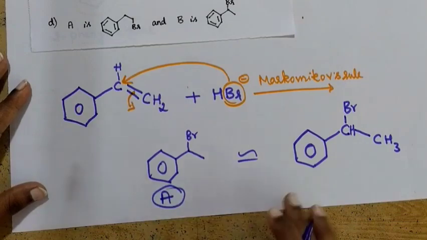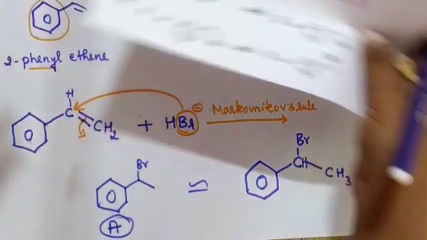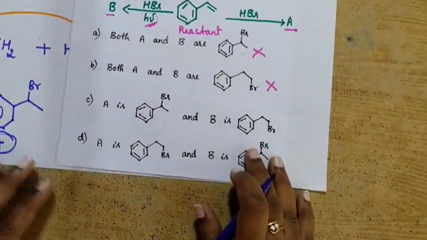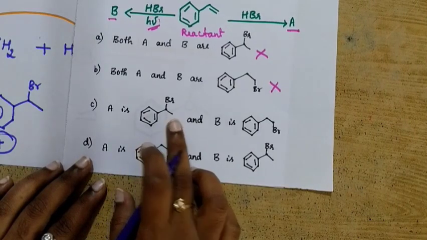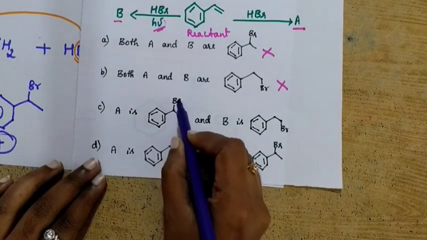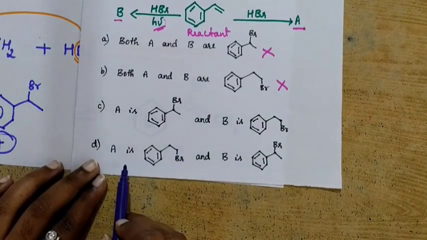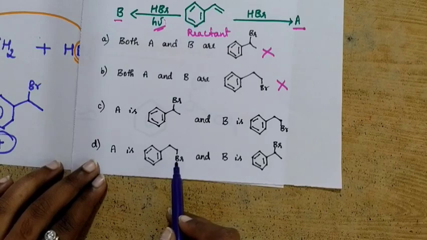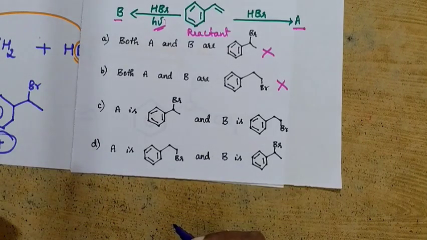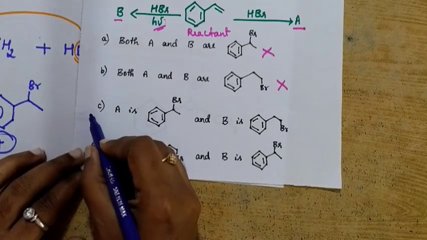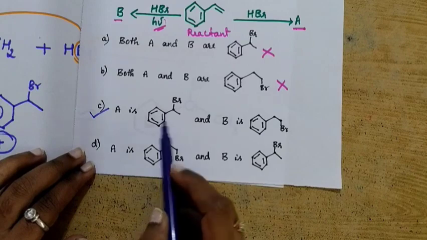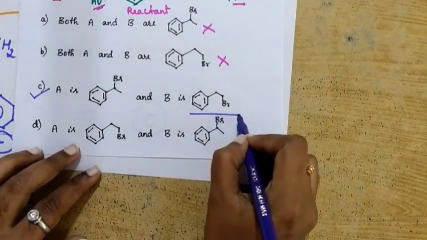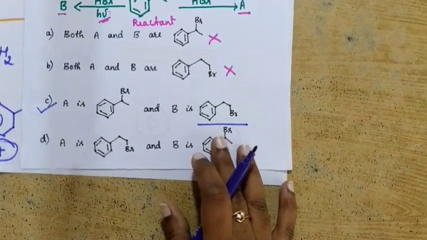We got A now. Let's see where this is given as A. See, option C. In option C, we can see that bromine is attached to this carbon atom. And in option D, it is in a different way. So without checking what product B is, we can easily say that option C is correct because we got A correct. This one. So obviously B is going to be this product, no? I'll write that reaction also for your reference.